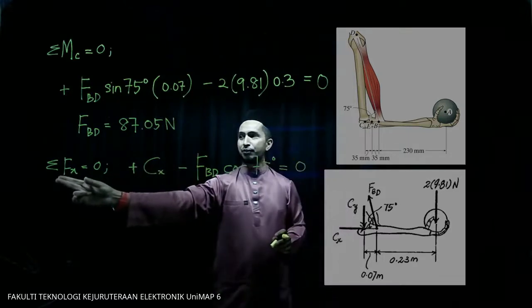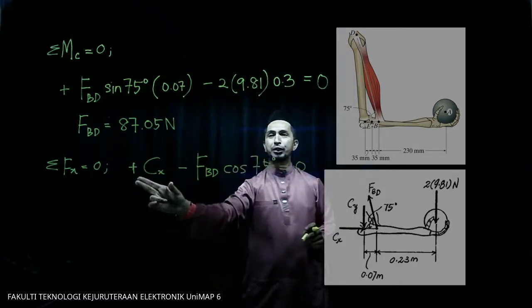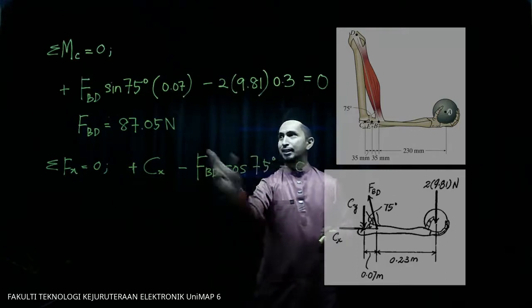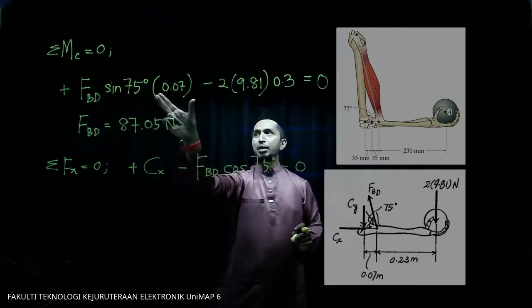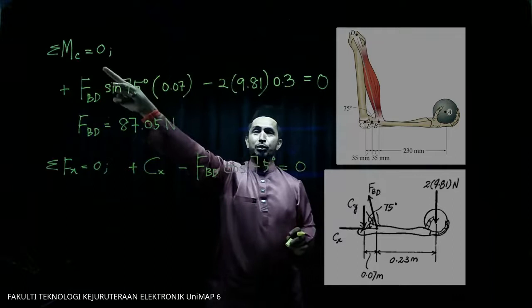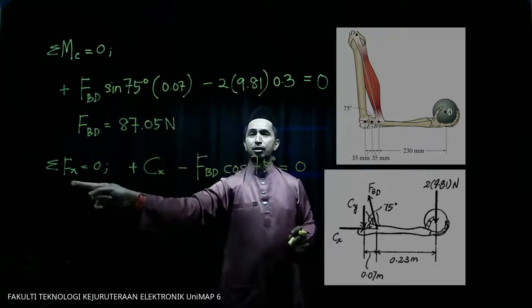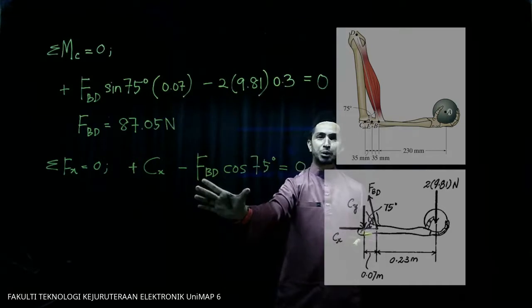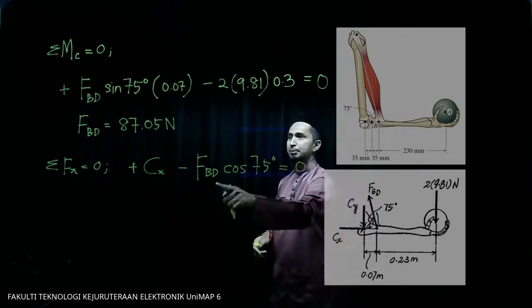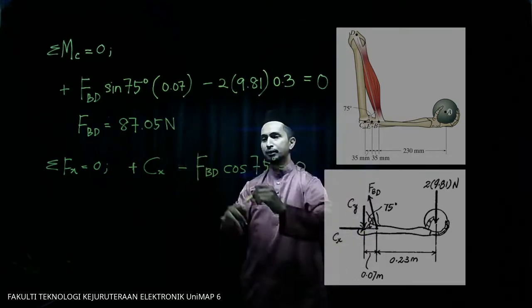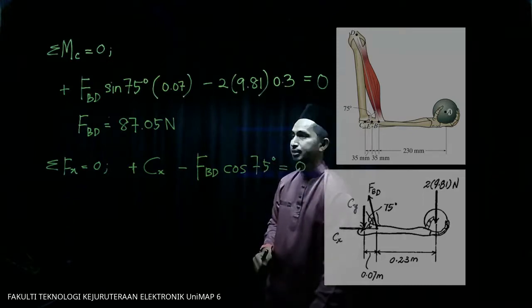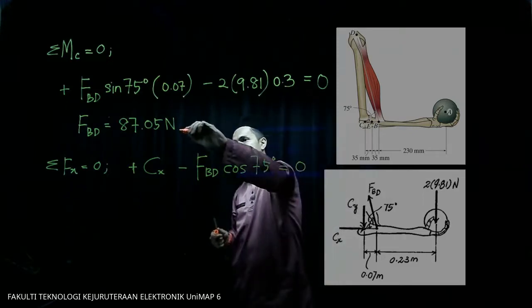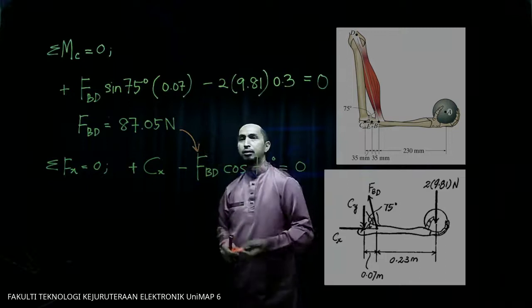Now it is summation of Fx, so no need to times with distance. This equation we times with distance because it is moment. Now it is summation of forces, only forces in that equation. So substitute FBD into that equation. Okay, this value, you will get